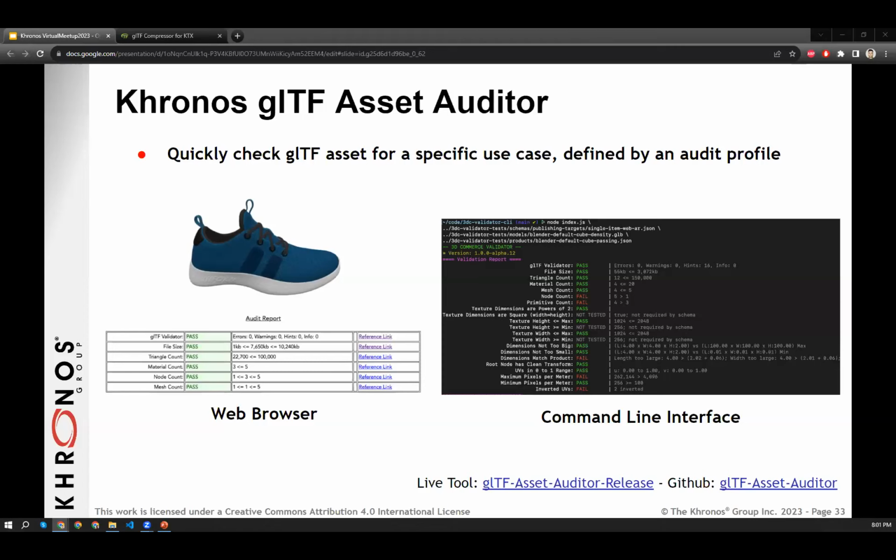So an audit profile can define a lot of characteristics. For example, right now it has almost 20 that can be checked in order to help enforce best practices and ensure that the asset you are creating fits the usage or the specific use case you have designed it for. Some of these characteristics are file size, of course, triangle nodes, material nodes, mesh nodes,